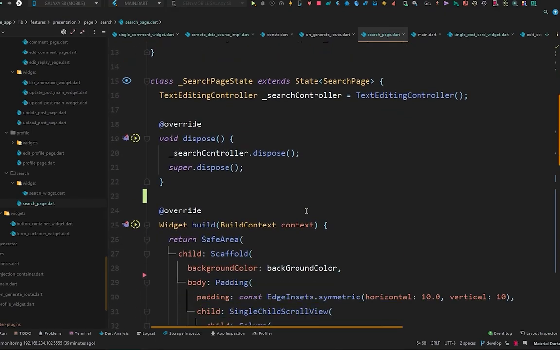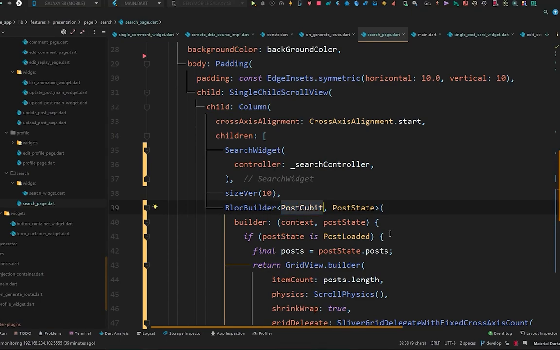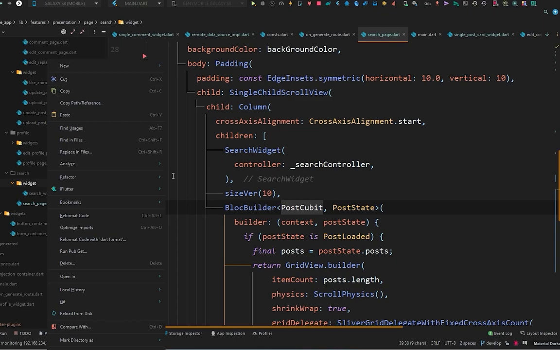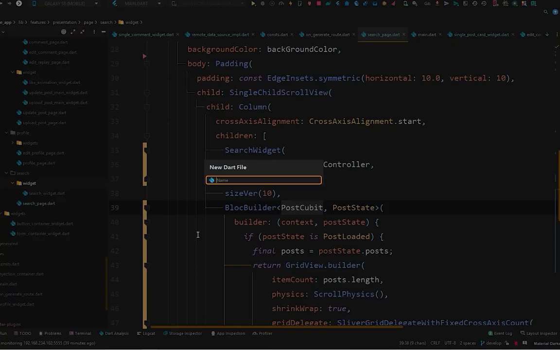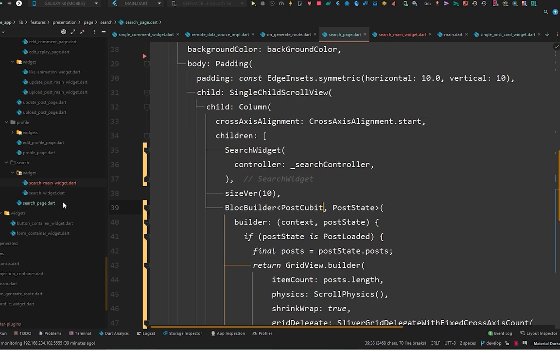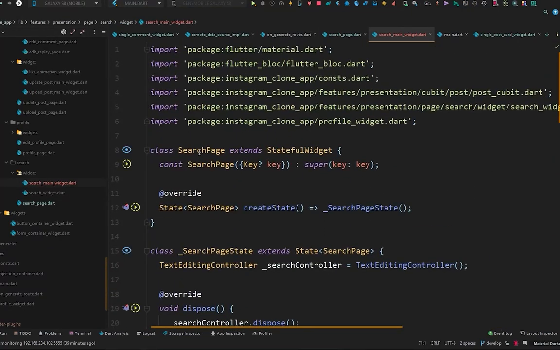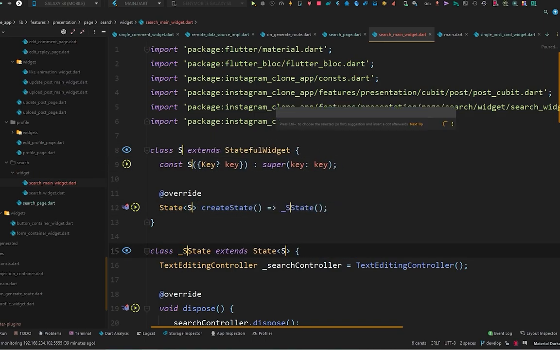So when we hot restart the application, this will not work just because we are using the post cubit and we have not provided it yet. So we will create the main widget for the search main widget, and then we will transfer all the data of this page to the search main widget and simply change its name to